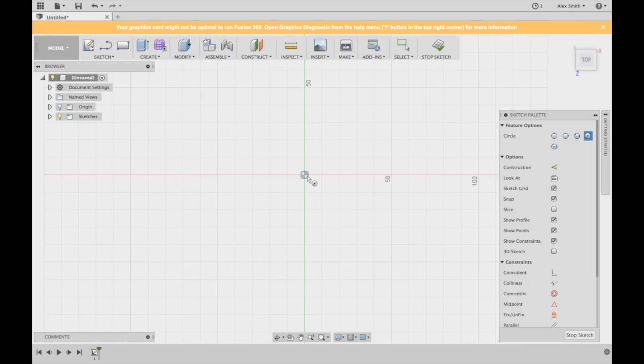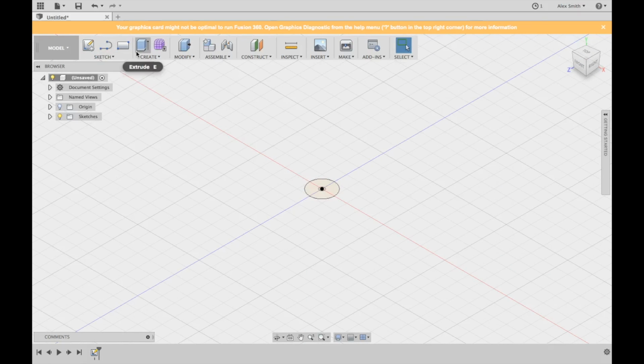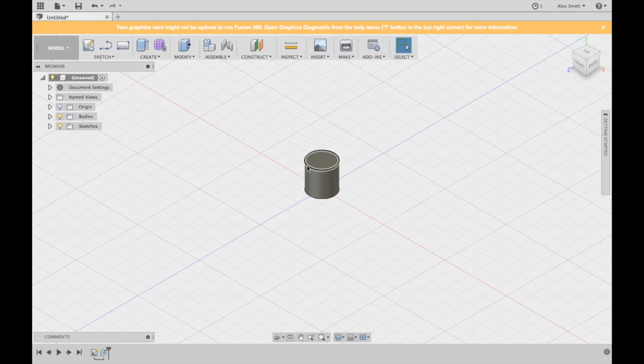So I think for this I will just make a 20mm cylinder like this, and then I will extrude that circle 20mm high. Alright, so we've got this cylinder here, but now what we need to do is export this